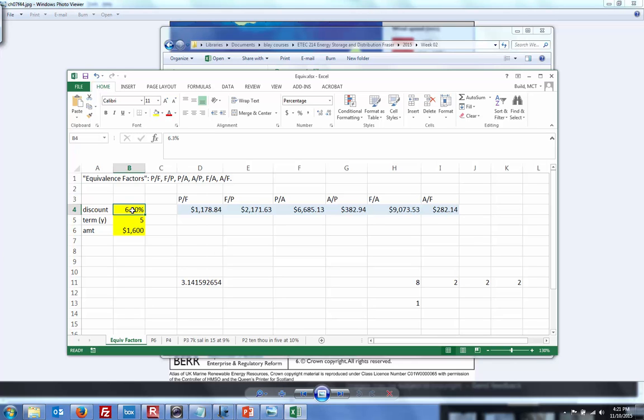So let's just do one easy little example. Let's say that we have $1,000, and let's just say we're going to go for 1 year, and let's say that we have no interest or very little interest. Okay. So what we see is that, let's see, what's the best way to look at this? Present divided by future. Yeah, there's a couple different ways to look at it. Let's just, so this is looking at